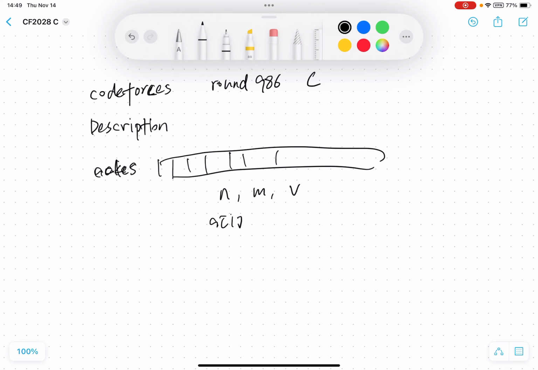We need to split the N pieces of cake into M parts. That means we can split M times. After that, we will have M plus 1 parts of cake. What we need to do is split